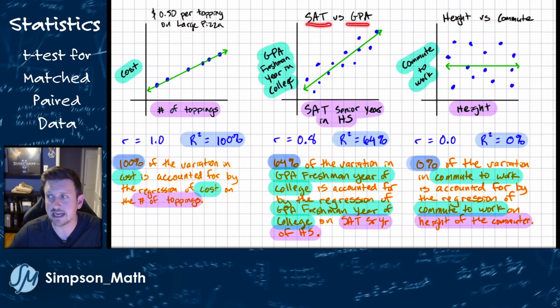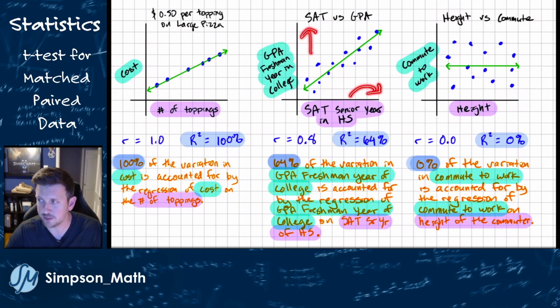So the relationship between SAT and the GPA. Specifically, the standardized test, the SAT, taken either the senior year in high school, and then the GPA the following year, the freshman year in college. We would expect students who score better on the SAT to do better on their GPA, but not necessarily perfectly aligned. And students who do poorer on the SAT will probably have a poorer GPA, because the SAT measures your